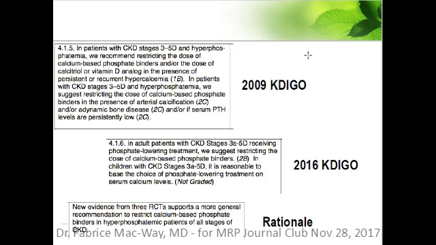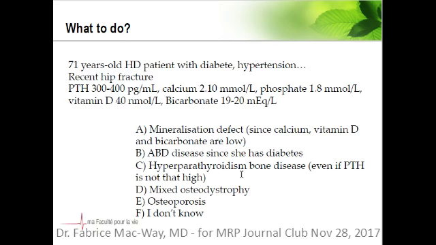I don't know if you had the chance to look at these guidelines, but for calcium, for example, it's now recommended to restrict it for all CKD patients. In 2009, it was recommended to restrict in patients at high risk, for example those with hypercalcemia, adynamic bone disease, or sustained low PTH level. But now, from the last guidelines, it is recommended to restrict calcium for all CKD patients because of this study, the other studies I've shown you, and others. So if I come back to the case,